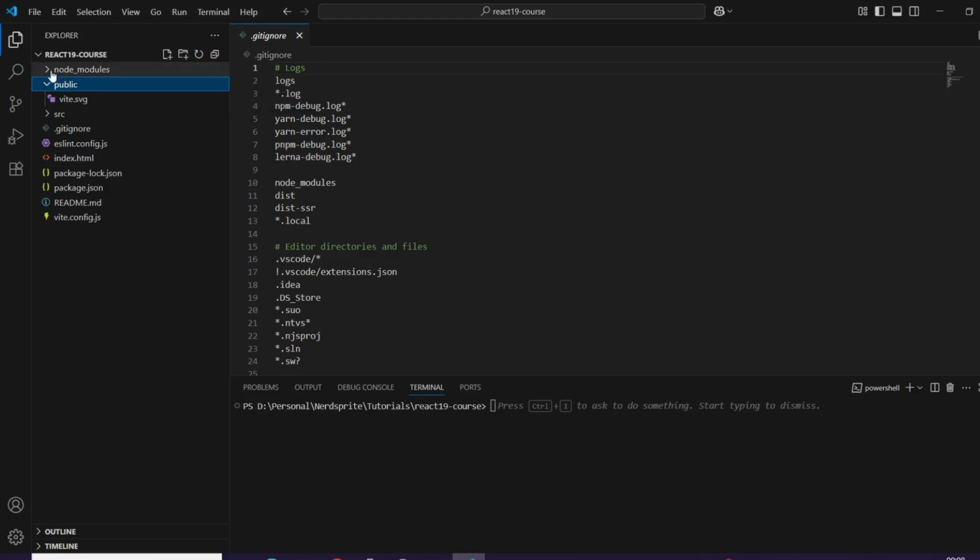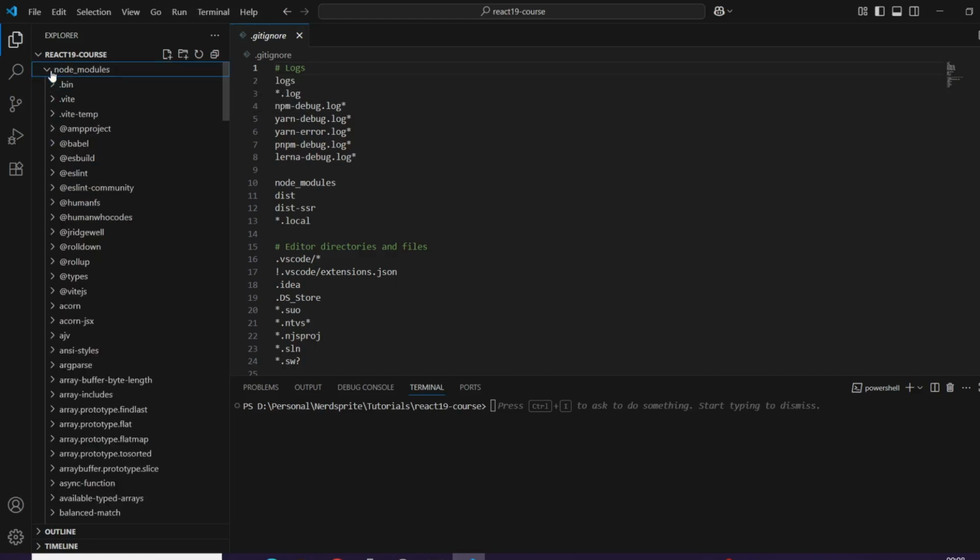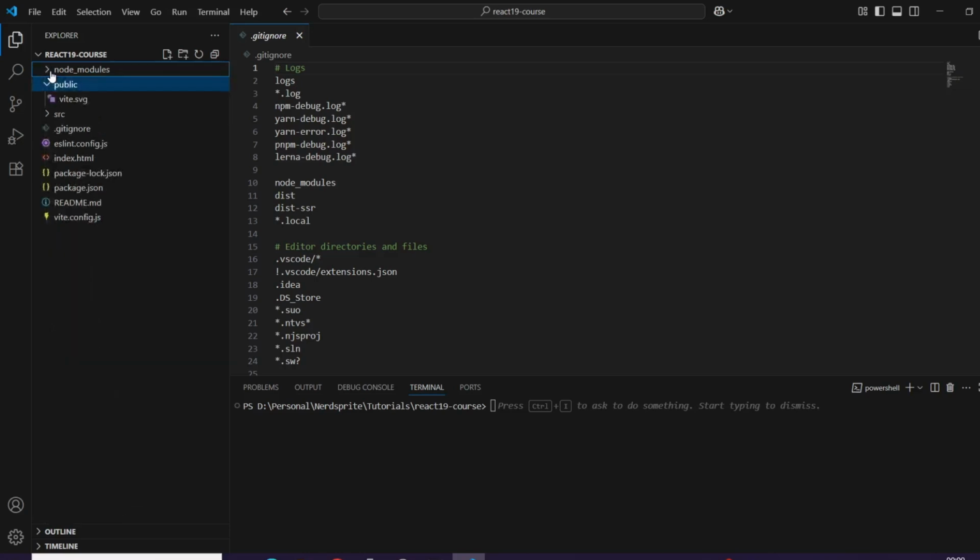Okay. Now this is the node_modules folder where all the packages and dependencies live. This is basically your app's warehouse. It stores everything your app installs via npm. You never touch this manually, but it's where React, Vite, and other tools actually live. Just a warning, this folder can be huge, hundreds of MBs. Okay, so never upload it to GitHub. That's what the .gitignore is for.